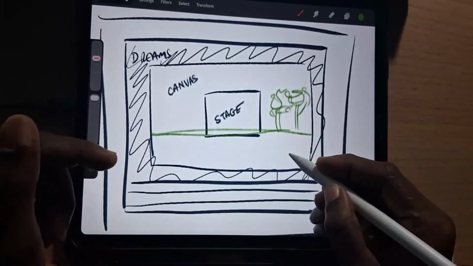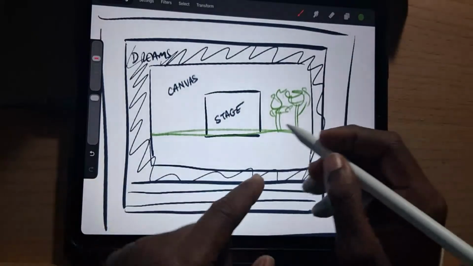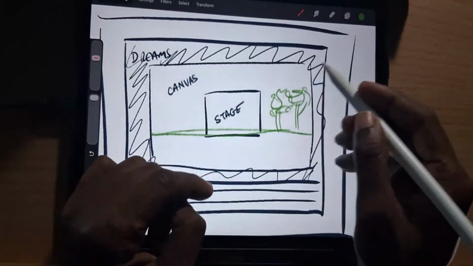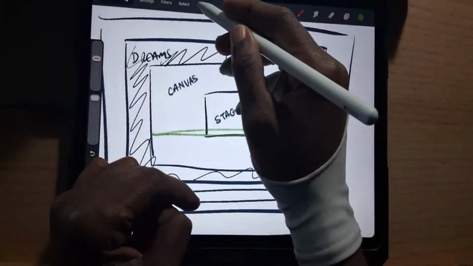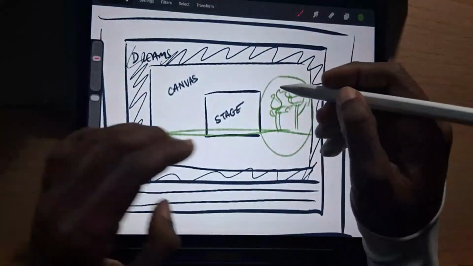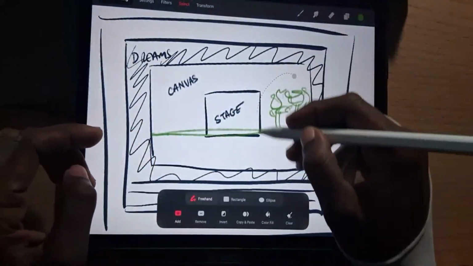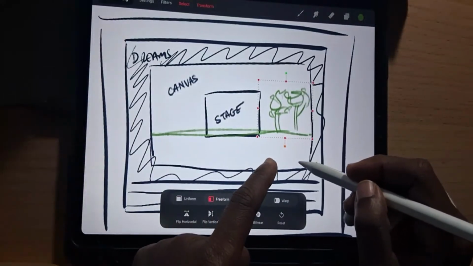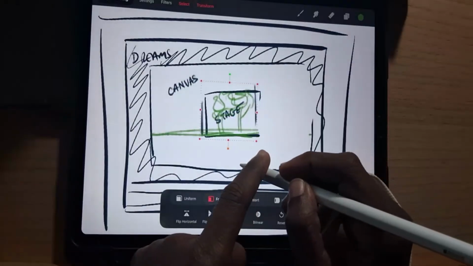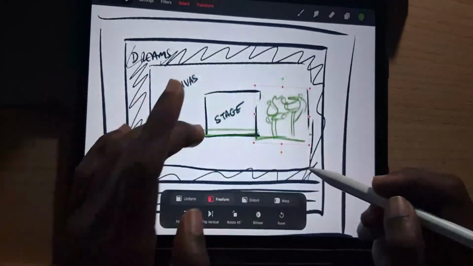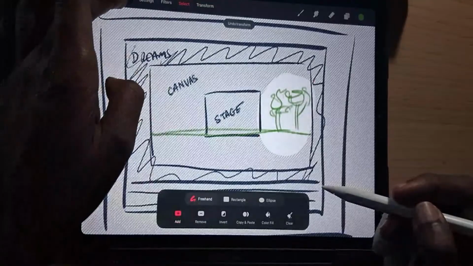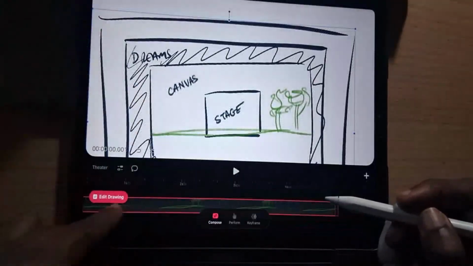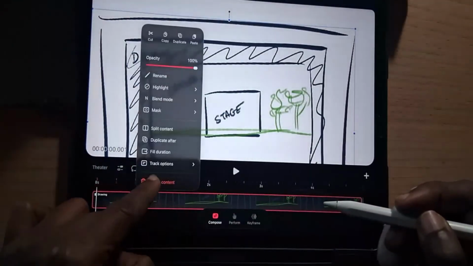So that way you can do a performance and move your selection. You can move the stuff that's on your canvas through your stage scene to make it look like it's moving, right? They still have that. I'm going to delete this frame now. Delete content. They still have that, but the way they have it is